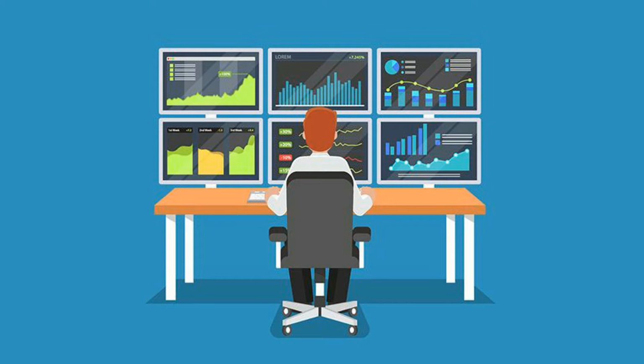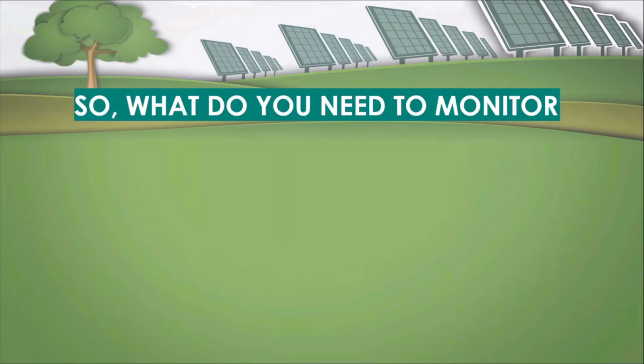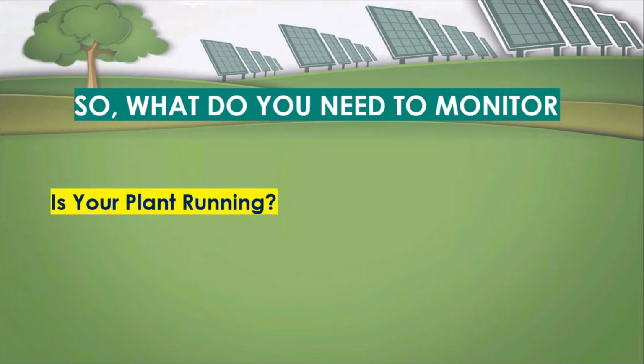So in the previous segment, we understood how critical it is to do the online monitoring of solar power plants so that we remain updated about the working status of the solar power plant. Now, when we are talking about the monitoring of the solar power plant, the first and foremost thing which comes forward is, what do you need to monitor? The simplest answer is the basic question: is your plant running? We need to monitor whether our plant is running or not. When we say running, it means whether it is generating the power or not.